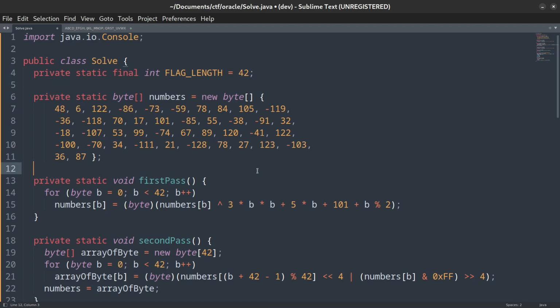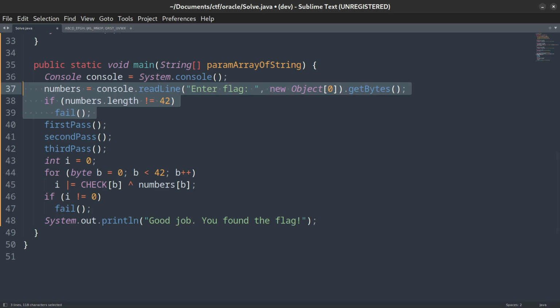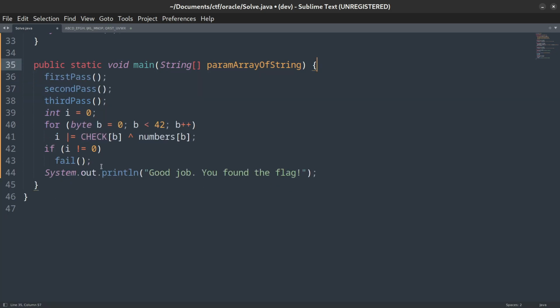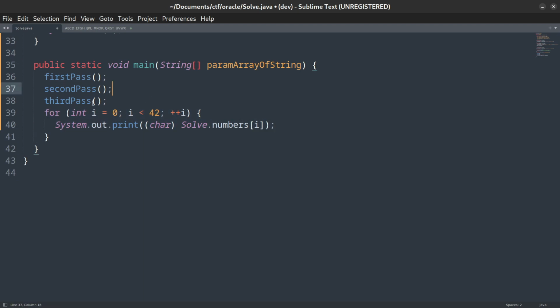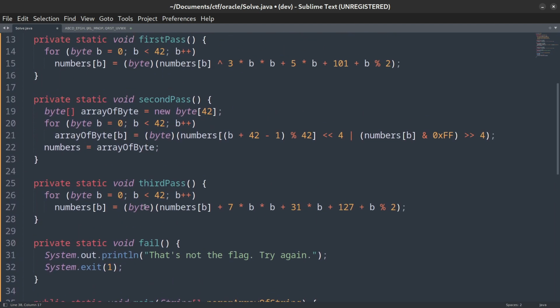We will also get rid of the parts of this program that query for input, and we'll simply end the program by printing the contents of the numbers array. To reverse these 3 scrambling passes, the first step we need to take is to reverse the order in which they are called. Then we can look at changing each pass to undo its original operation.